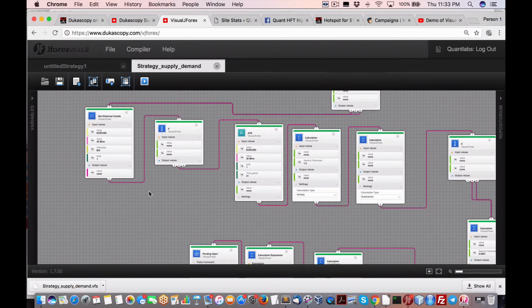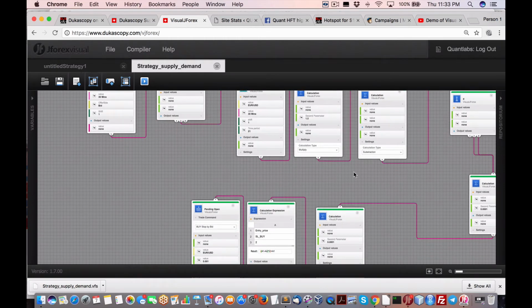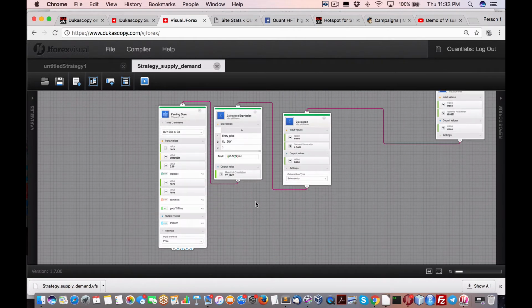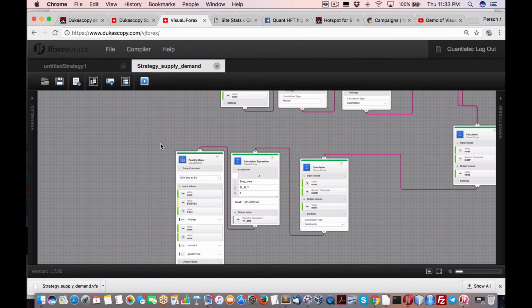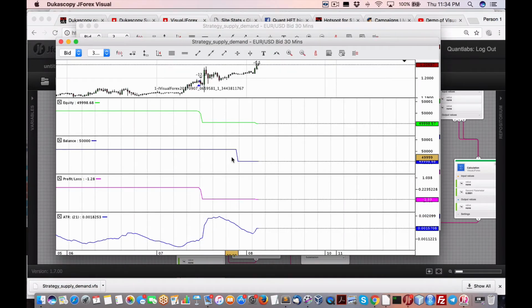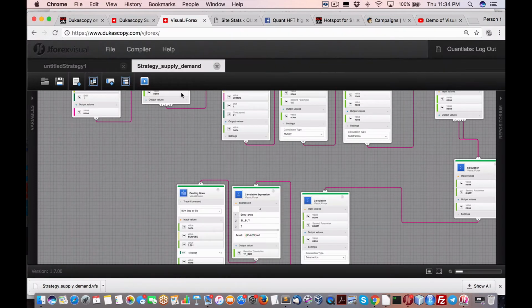But overall, I wanted to show you the capabilities of this backtesting, and I would assume real time if I had a real account. The capabilities with a position, and it's pretty powerful. So I just want to show you that with this tool, and I've shown you how to get this set up as well, which you need, and I show that in the various videos that I've got coming up for all my wonderful members. Hopefully this will somewhat help you out, at least showcase the capability of Visual JForex with the